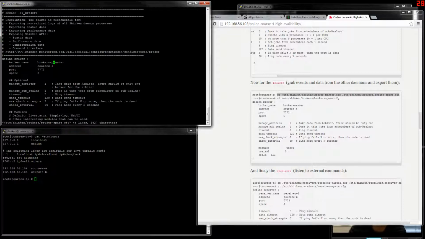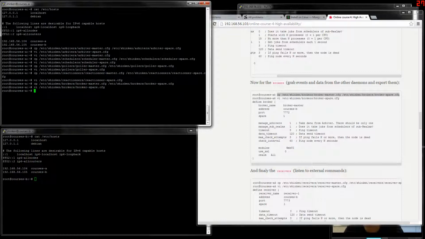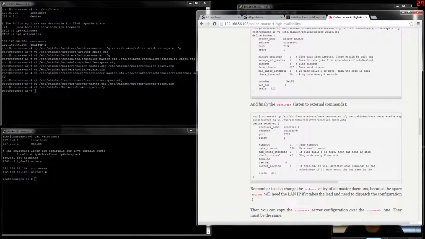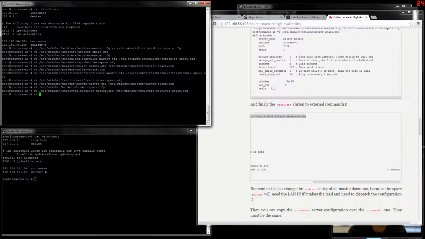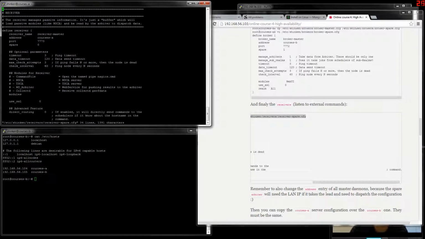Spare, and B, and it's a spare. Okay. And the last one, the receivers. They are optional, but it's always better to have some. Spare, B server, and spare one. Okay.